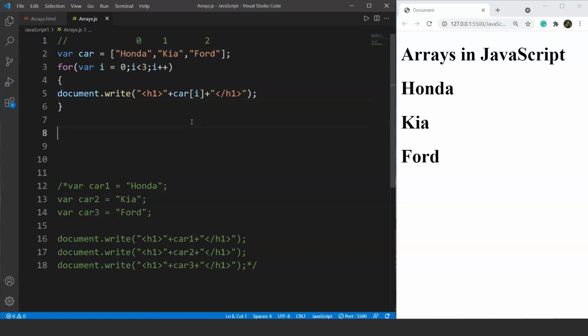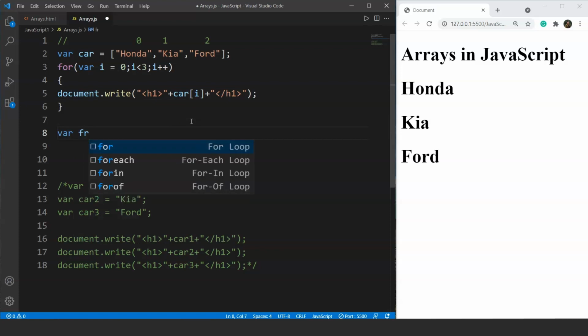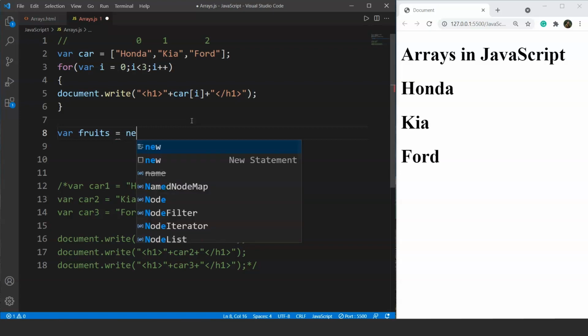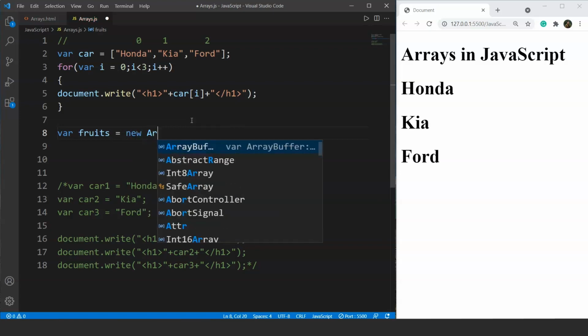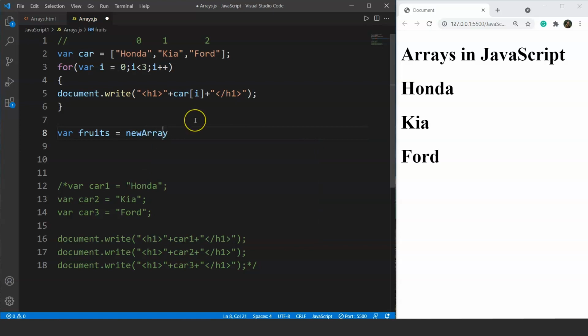So guys, there's another way to represent an array in JavaScript. It goes like this. Let's say we have a variable, and this time we'll take the variable as fruits. The syntax will be like this: we have to use the new keyword and then new Array, and give a space here and the elements we want to store inside the array. So we'll use apple, then let's say banana, and finally let's say mango.